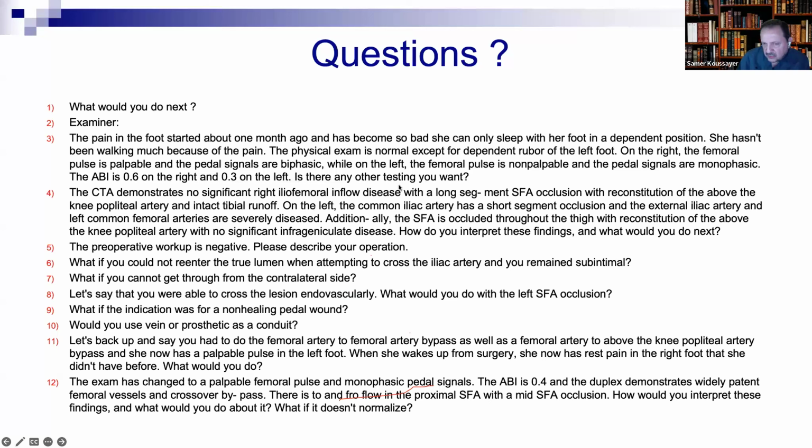You get my point? Like this one, if you tell me FemPop, you take like 2 points. Okay? But if you tell me I do FemPop and I do the femoral popliteal index, you still get 2 points, not extra. But if you tell me I do the femoral popliteal index and I found something, and you don't know how to interpret it, then I can give you 0. You see how the exam works? So you have to be smart in the exam. Just give him what he wants and stop.